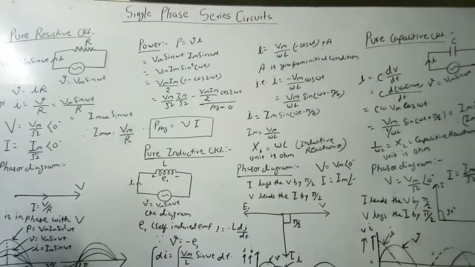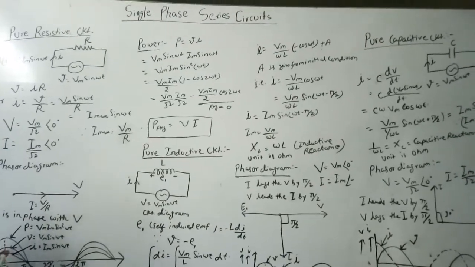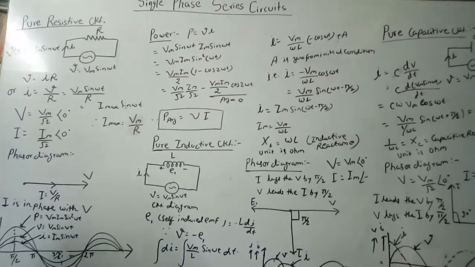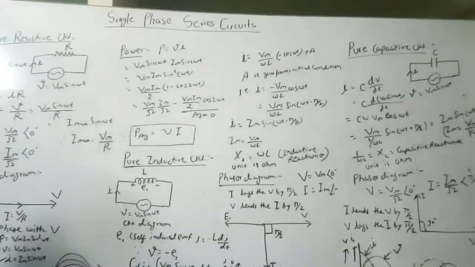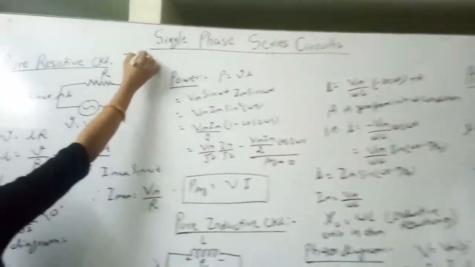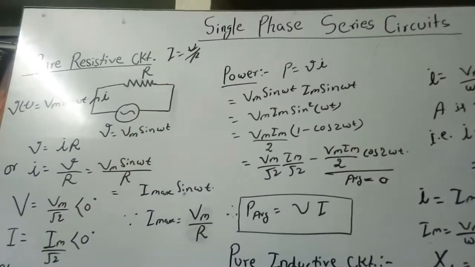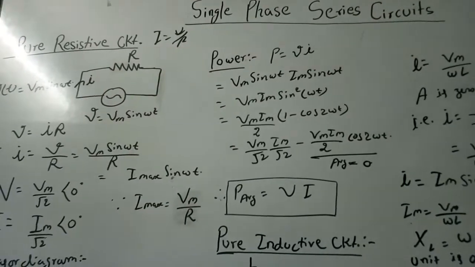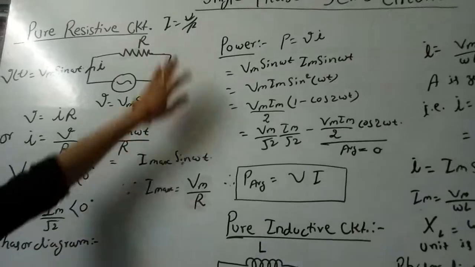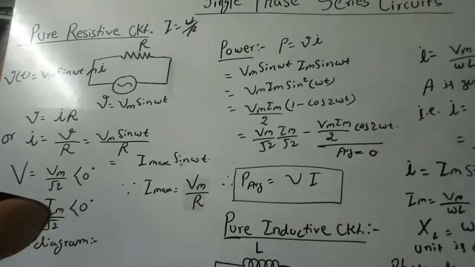Students, today in this lecture we will study single phase series circuits. In a DC circuit we have the simple formula I equals V upon R. For a DC circuit it is not variable, it is constant, but in an AC circuit this is not applicable because here